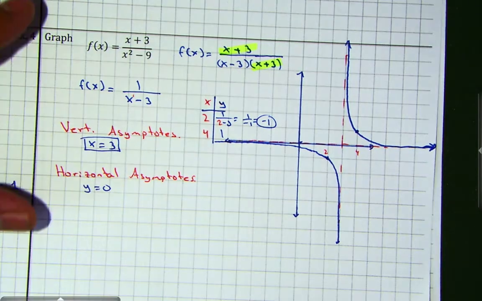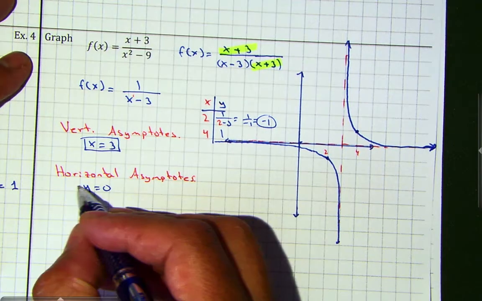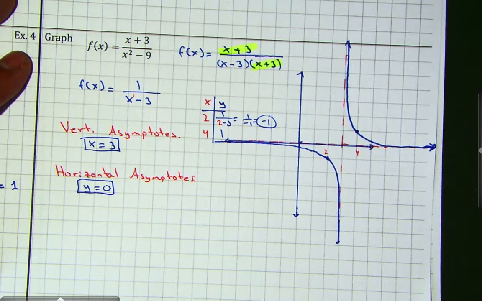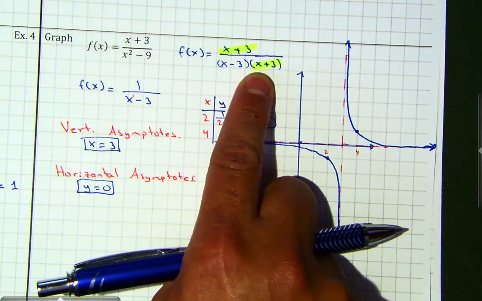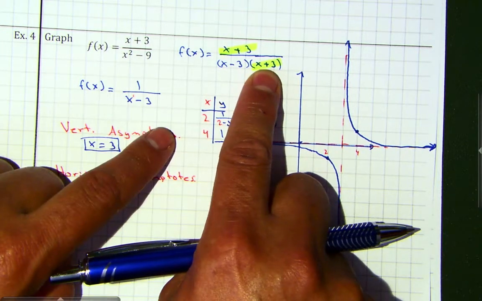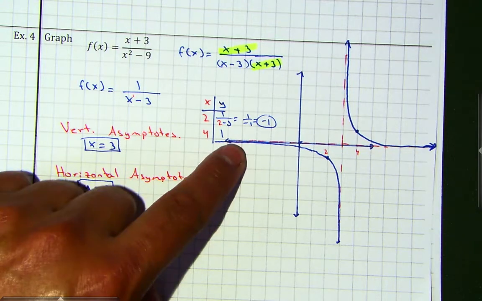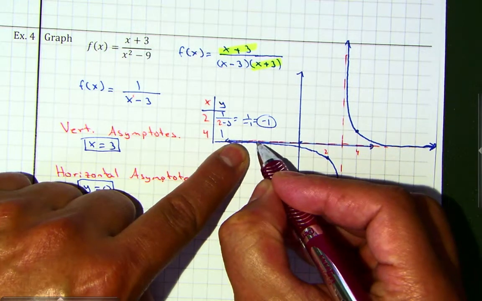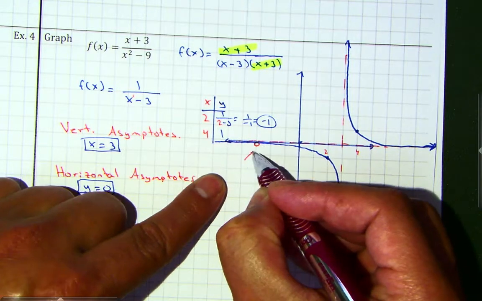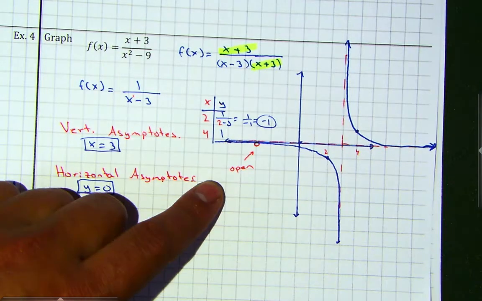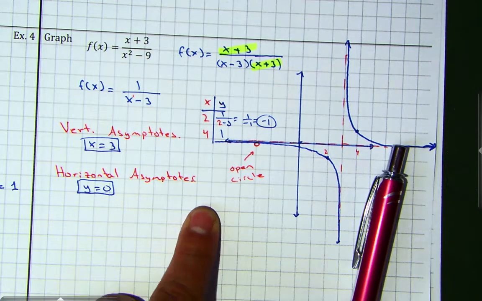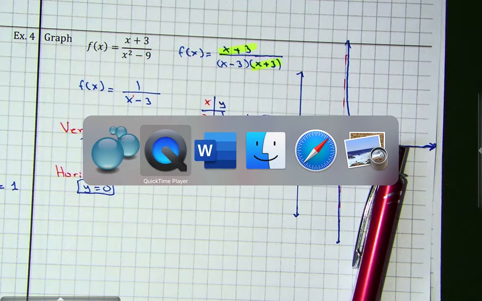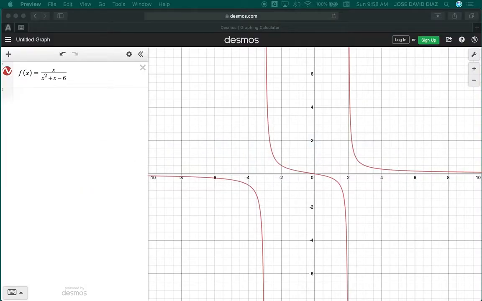And now, we do have something at, in this case, because the x plus 3 cancel, when x equal to negative 3, it is going to be an open circle. And if we go into decimals,